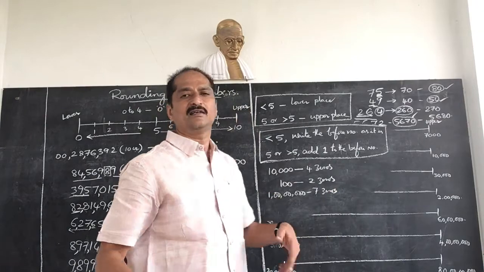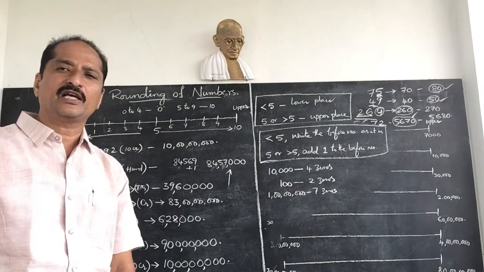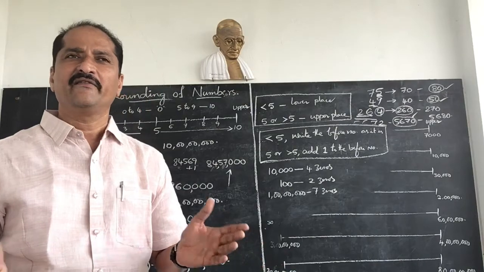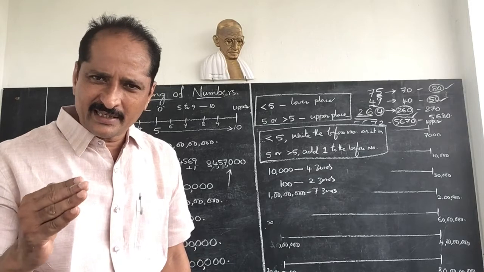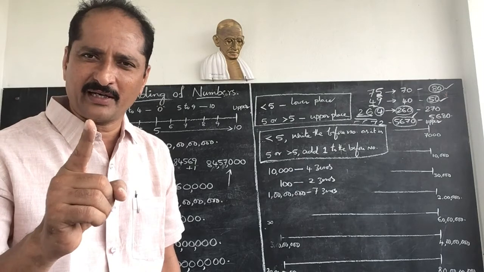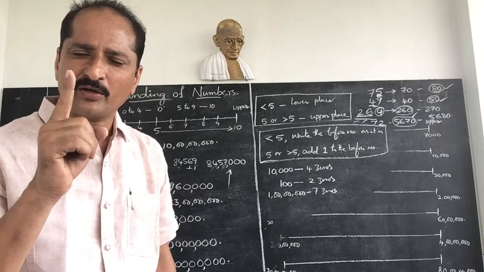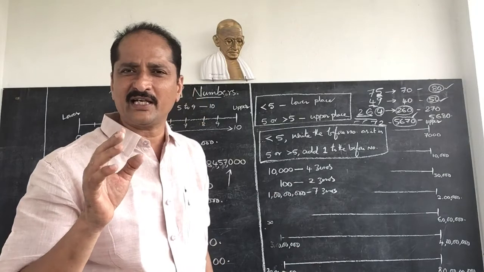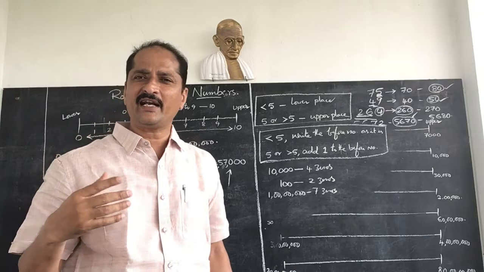So like that, number of zeros you have to place. Understood? So in this way you can find out rounding numbers to any place easily without any deviation. If the next lower place is 5 or more than 5, you add 1 to the before number. Remember carefully. If you are rounding to 1 crore, 7 zeros. If you are rounding to 10,000, 4 zeros. If you are rounding to 10th place, 1 zero. If you are rounding to 100, 2 zeros.